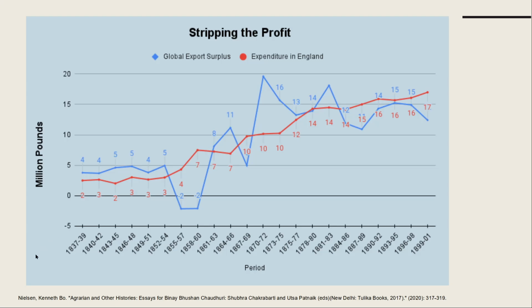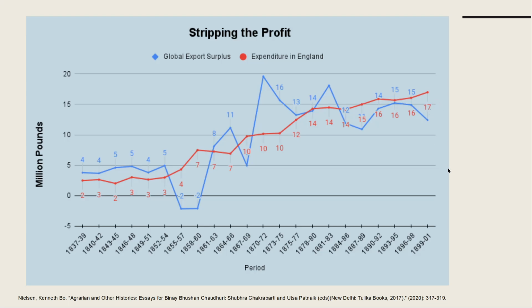So this would have been more, because apparently they mixed up the commodity gold and the financial gold when calculating the imports. So you can see that the expenditure in England always very closely follows on, and whenever there is a cumulative increase in the global export surplus of India, the expenditure in England magically rises up and strips it out, thus driving the global export surplus of India into the negative. And you can see this almost at every point of time. Eventually it catches up. So you might have a short spike in global export surplus, but it's always matched up and overtaken eventually by the expenditure in England.